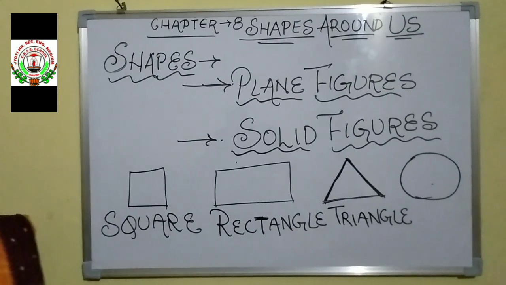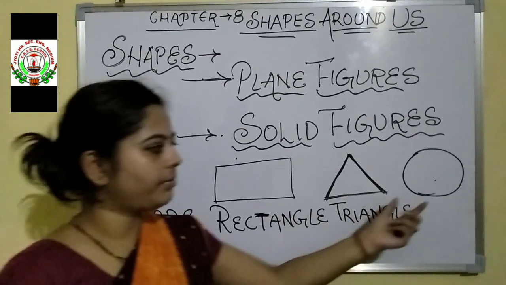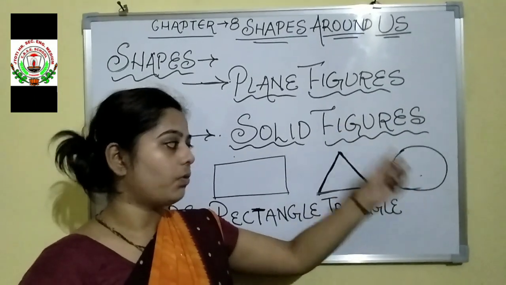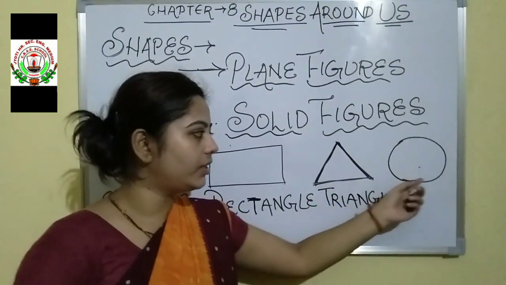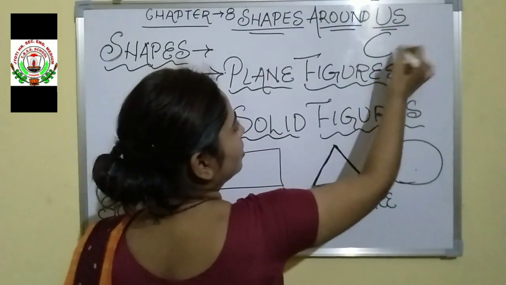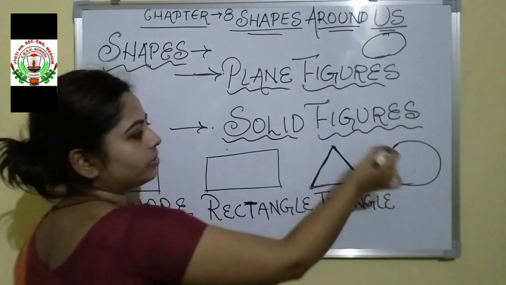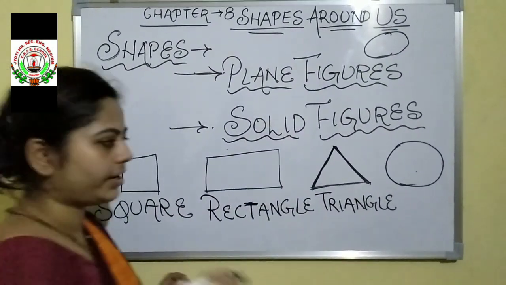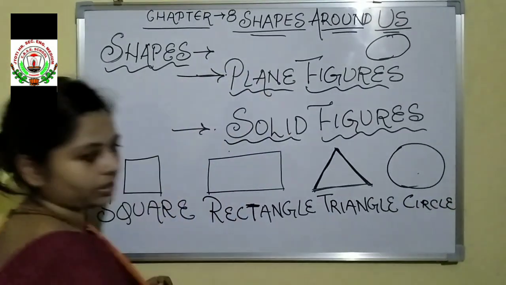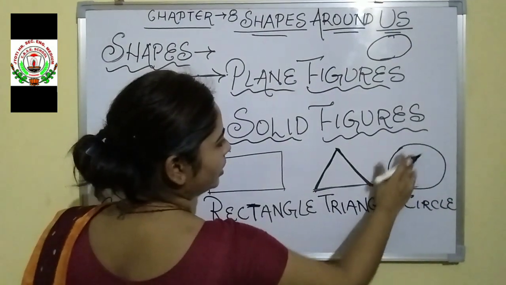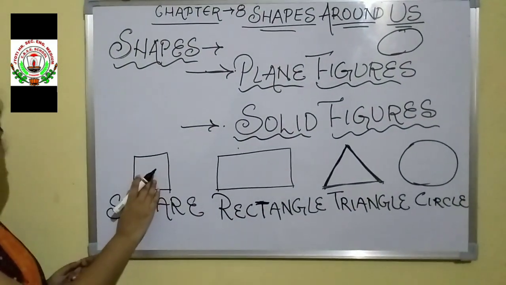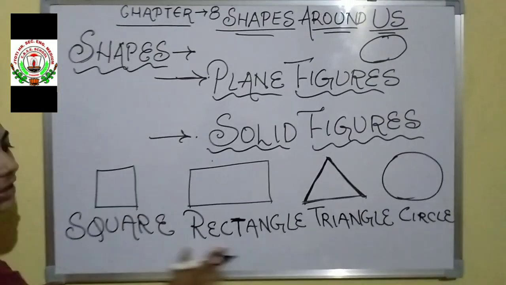This is the simplest and easiest one. This I made. Here you cannot see any type of line, horizontal, vertical or slanting. No, this figure has been made by using curves, two curves like this. By joining two Cs, this circle can be made. Yes or no? Try it. And this is called what? Circle. What is it called? Circle. Circle is a plane figure. Triangle is a plane figure. Rectangle is a plane figure. Square is also a plane figure. These figures are called plane figures.